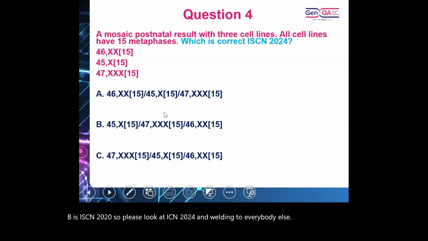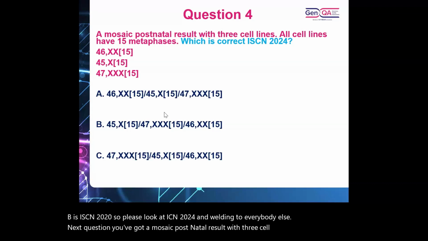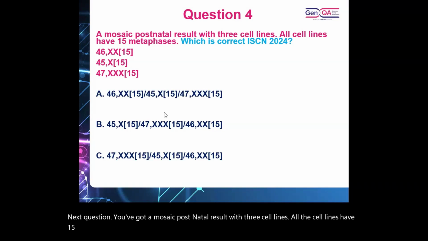Next question. You've got a mosaic postnatal result with 3 cell lines. All the cell lines have 15 metaphases. Which is the correct ISCN 2024? It's this little rule, and it's a change.